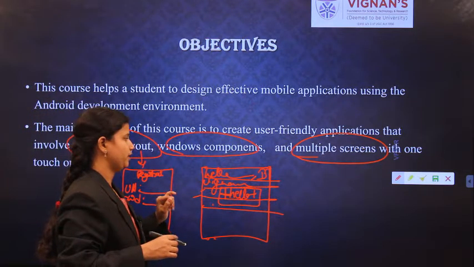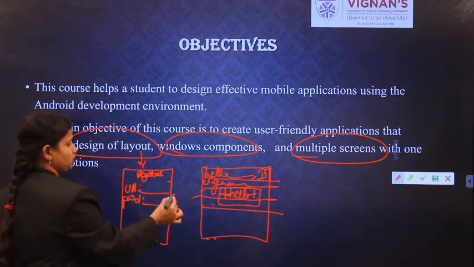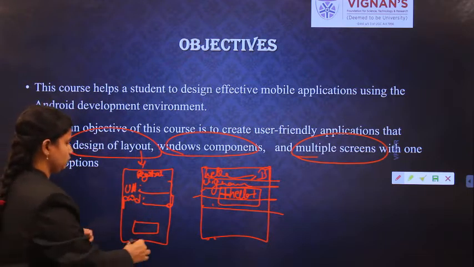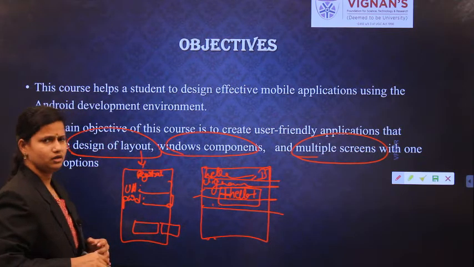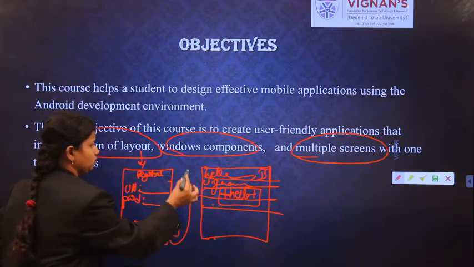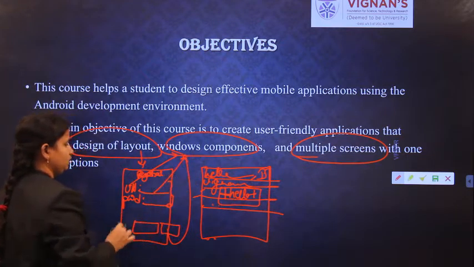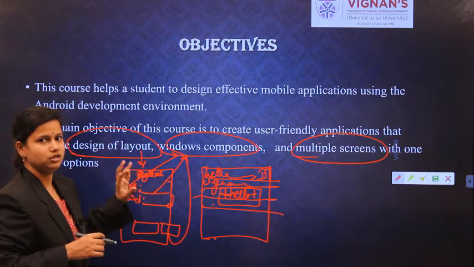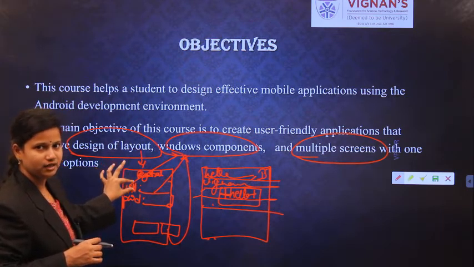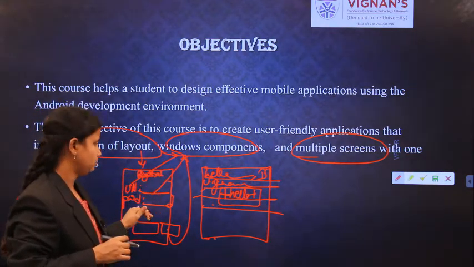And next is Windows components. Windows components are nothing but different views. For example, a button. After giving all these things, you require one button, yes or no? After that, you may require two buttons. Based on the requirement, we have to specify and add these, and they are called Windows components. Username is one of the text views and this one is the edit text. These are called views. How these views are added to your design, and how they are added in an arrangement. The arrangement goes to the layout design, and the Windows components are the views.